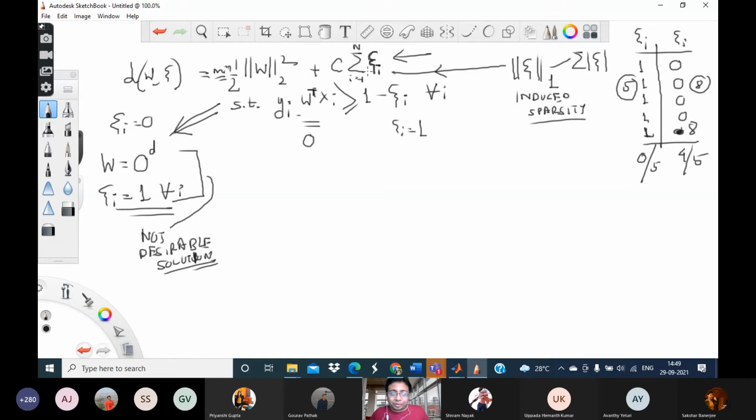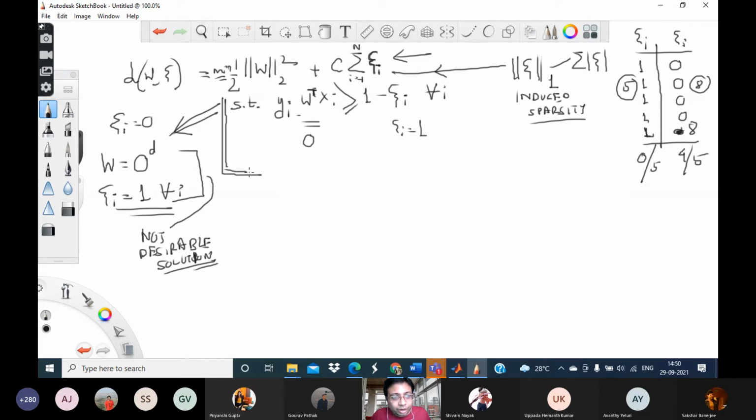By this magic, we escape the requirement of having to put the mod here. If we had put the mods here, there would have been problems with differentiability and so on. But even without putting the mods, we are able to effectively do the same thing. So we are saved in this case. That means we will probably still get a sparse xi.